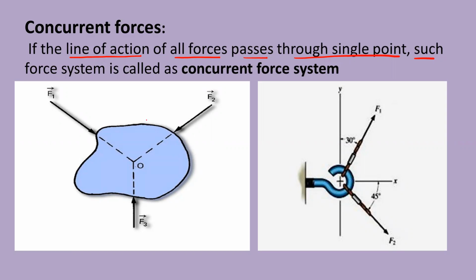So here you can see one rigid object, and three forces are acting on this object, F1, F2, and F3. Okay, what is the meaning of line of action? So actually this force F2, it acts on this surface or on this boundary. Okay, just extend this force. So you have to draw one imaginary line passing through that vector and just extend that imaginary line.